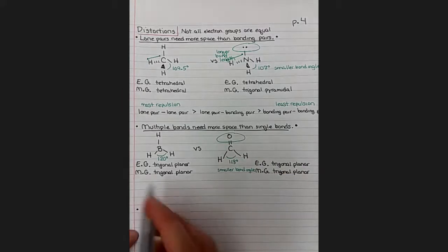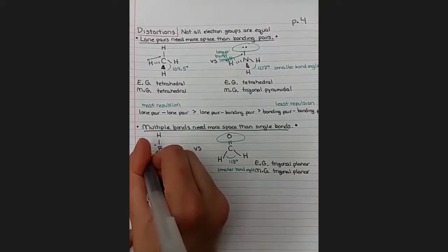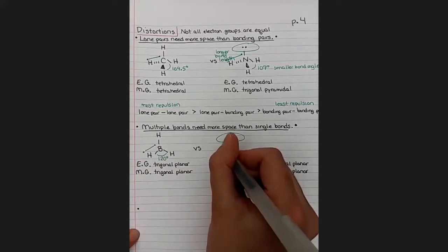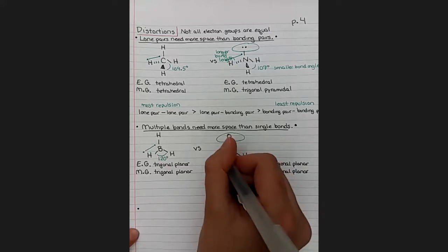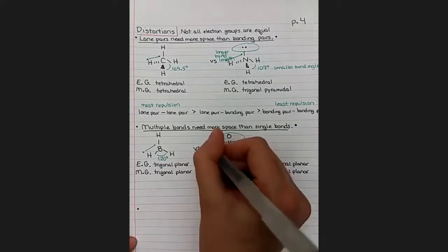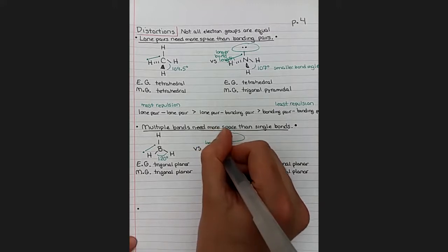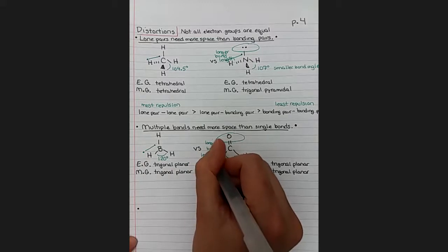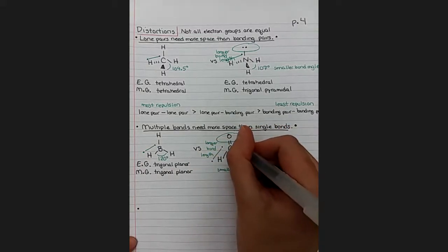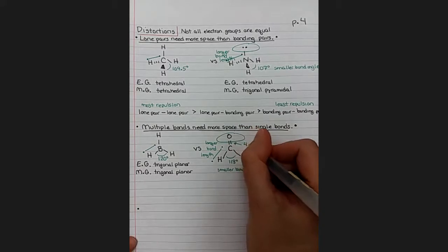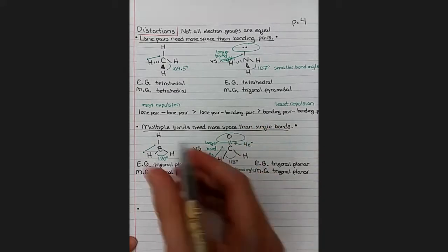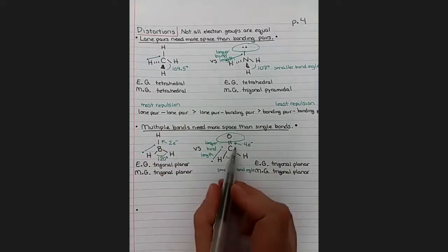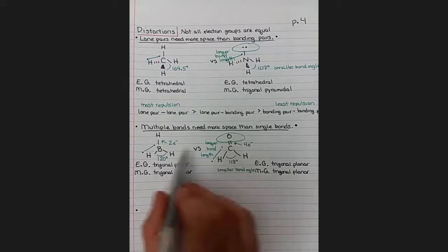And as we said in the previous one, the other difference is the bond length. So we have a particular bond length for our normal trigonal planar. And when we have a trigonal planar involving a double bond, that bond length is slightly extended. A longer bond length with a multiple bond. And that's because this bonding pair is actually 4 electrons, 2 in each of these bonds. And this bonding pair is 2 electrons. So it would make sense that this bonding pair of 4 electrons need more space